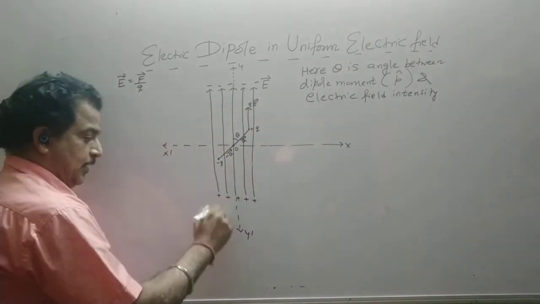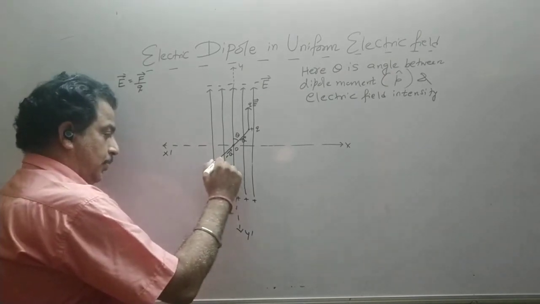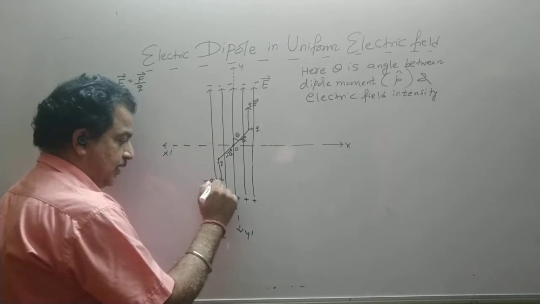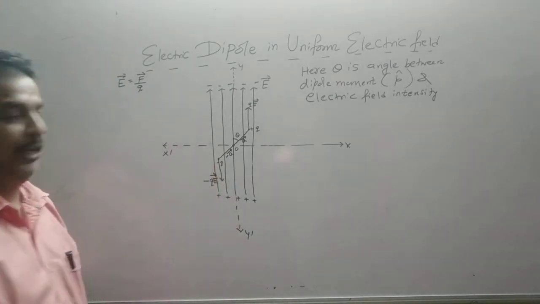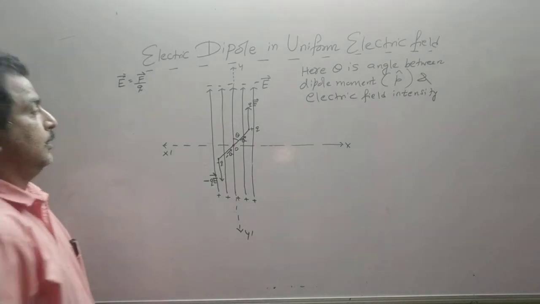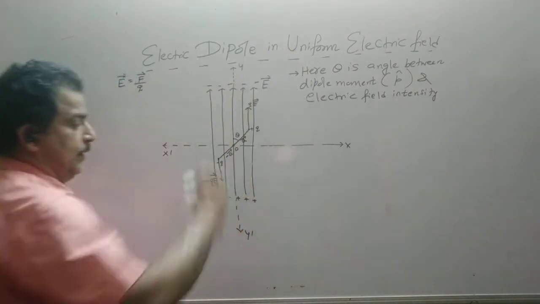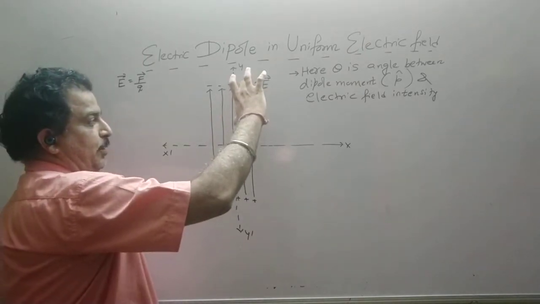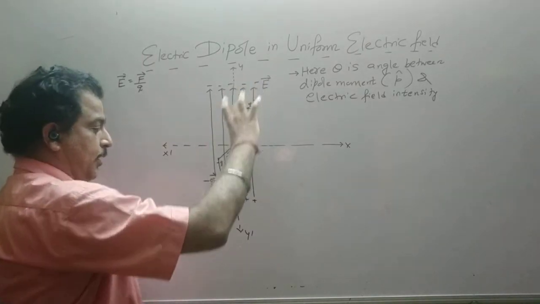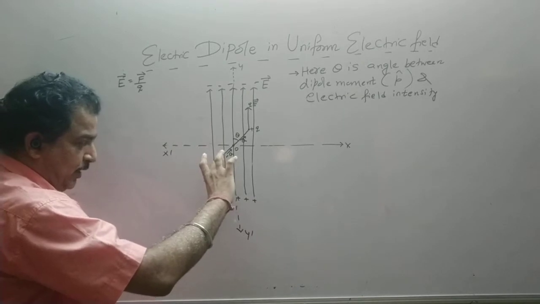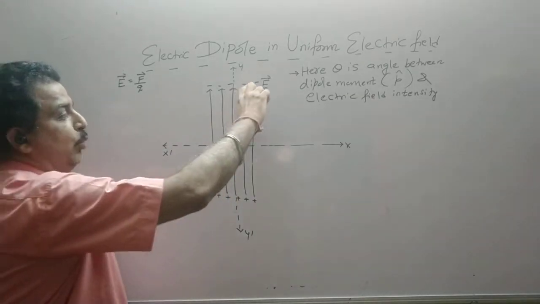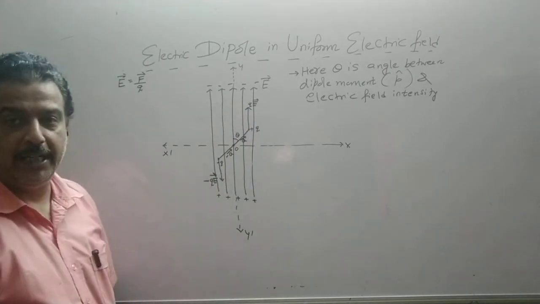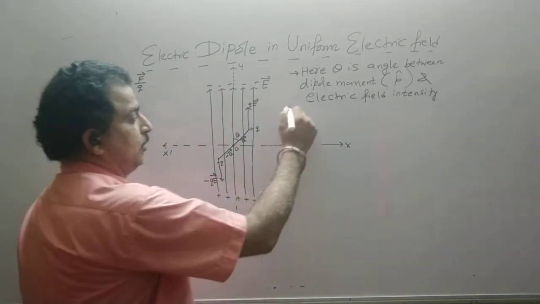This negative charge is attracted downward. So again the force is minus Q E vector. So we keep on writing the main points. Now see these forces. Now the distance between this negative and positive charge, and the distance between this positive and negative charge of the dipole are equal. So both the forces have same magnitude but opposite direction.